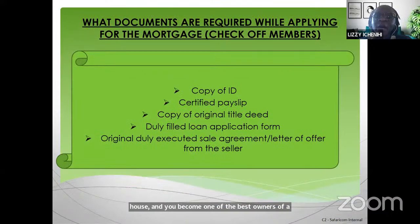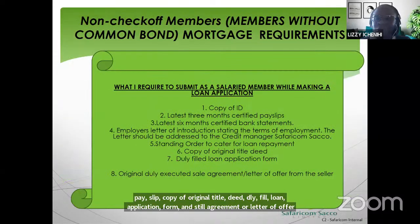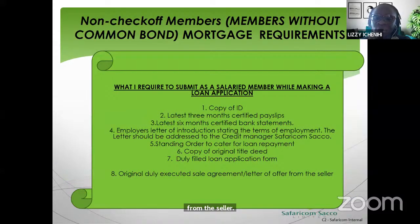What do we require? For those who are applying and are under checkoff, we require a copy of ID, certified payslip, copy of original title deed, duly filled loan application form, and sale agreement or letter of offer from the seller. If you're not within the common bonds, additionally, what we'll need, similar copy of ID, but we'll